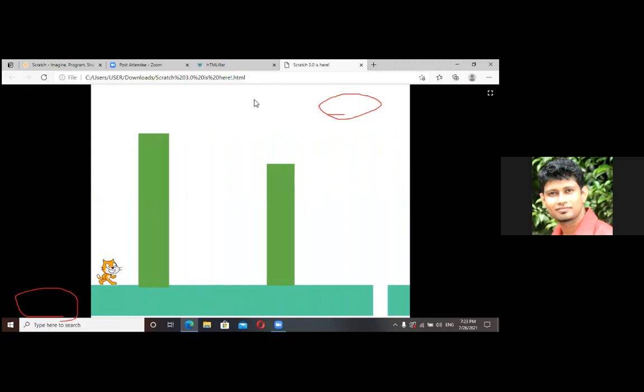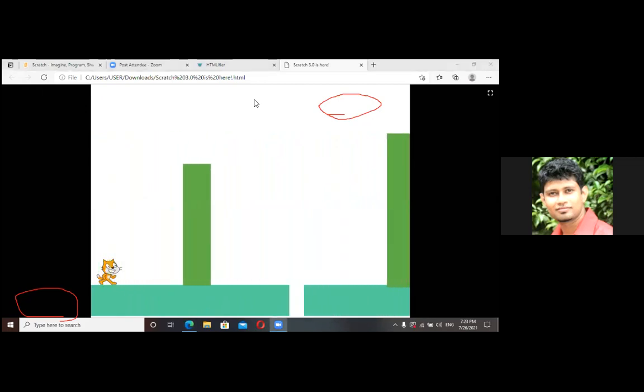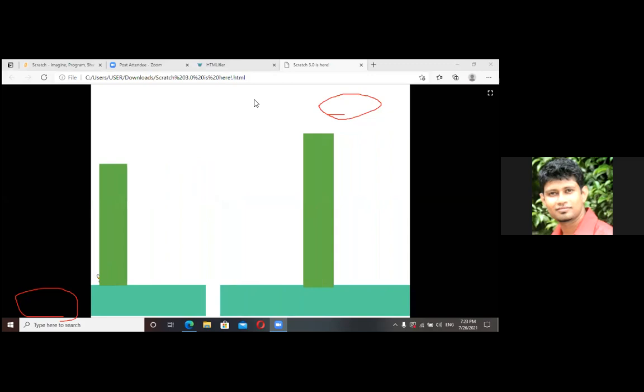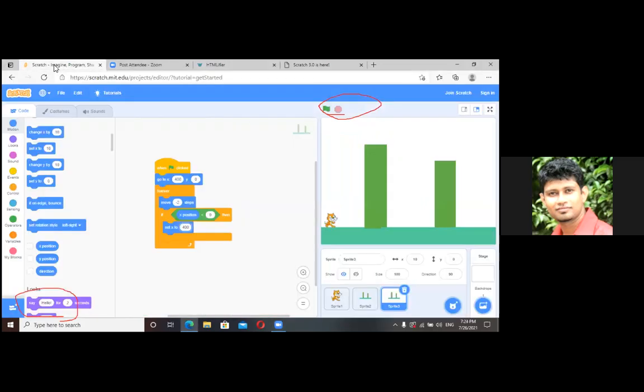Okay, now you can see, right? Let's go back to the Scratch screen. Just go back to the Scratch screen. Okay, now I'm going to write very important code. This code actually is very, very important. Why? Because